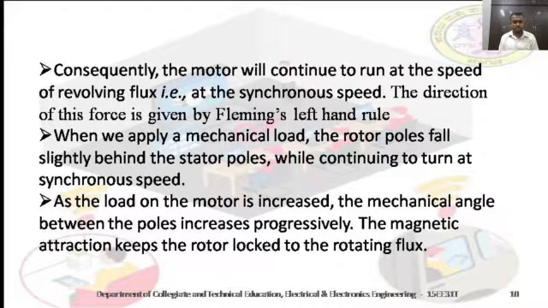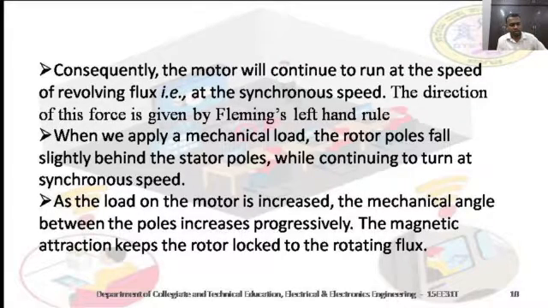This is the Fleming's left hand rule, 90 degrees. This is the direction of current, the direction of flux, the forefinger, and the direction of rotation or movement of the machine. By using this, we can easily get the direction of current.